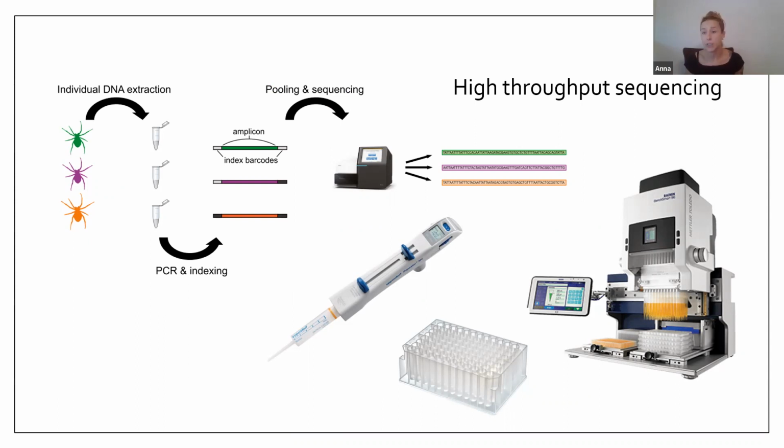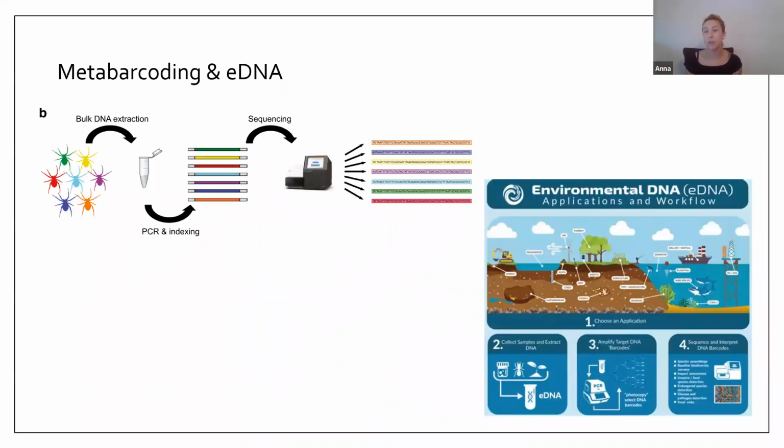And then we can use next generation sequencing platforms like Illumina to take all of those DNA, amplify them for your region of interest, and attach index barcodes, pull them together, and then sequence them all at a really, really lower rate in terms of cost than we have with Sanger sequencing. And this has also led to the merging of metabarcoding approaches as well as sequencing of environmental DNA.